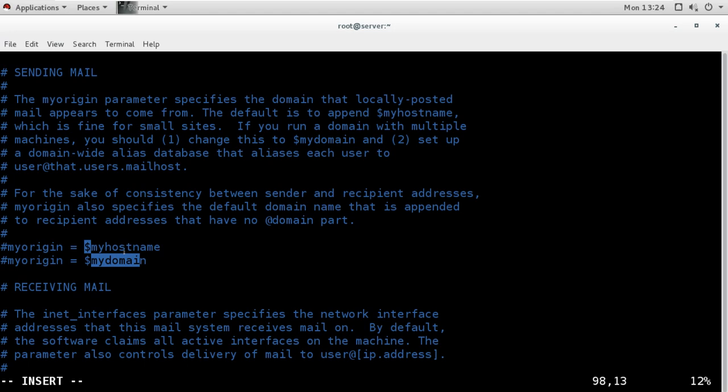That means I can send the mail, and it will accept the mail as user1@server1.example.com, and even as user1@example.com. So it can accept the mail with both options. For that, I will enable these two variables, lines 98 and 99, so I will uncomment these two lines.